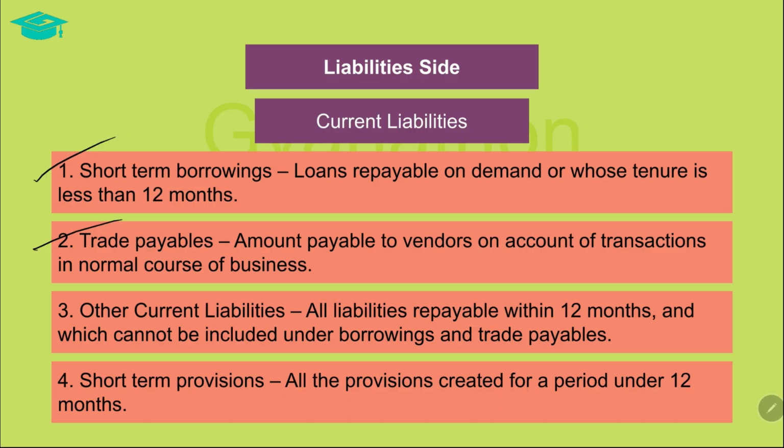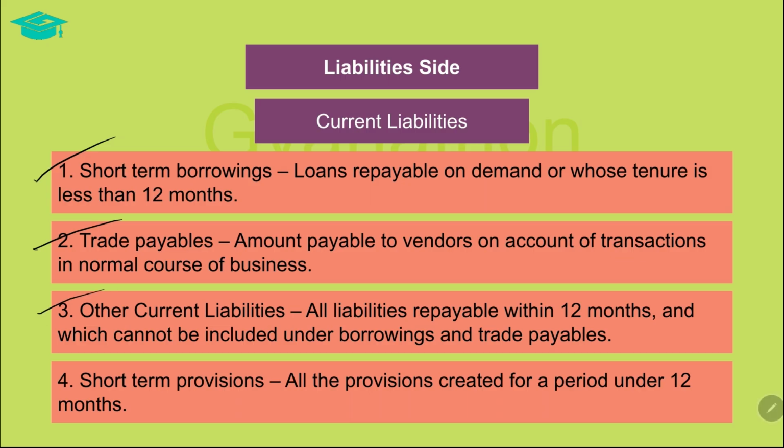Businesses have a lot of routine purchases which may include raw materials, trading goods, work in progress, and so on. But sometimes the businesses do not pay the vendors as soon as the goods are delivered. They may have an agreement for a certain period of time to be allowed to make such payments. As an example, many a time we may purchase groceries from the nearby shopkeeper and ask him to maintain our account and pay him at the end of every month. Similarly, businesses also take a certain period of time to pay their vendors. Such amount payable to vendors on account of normal day-to-day transactions of the business are classified as trade payables.